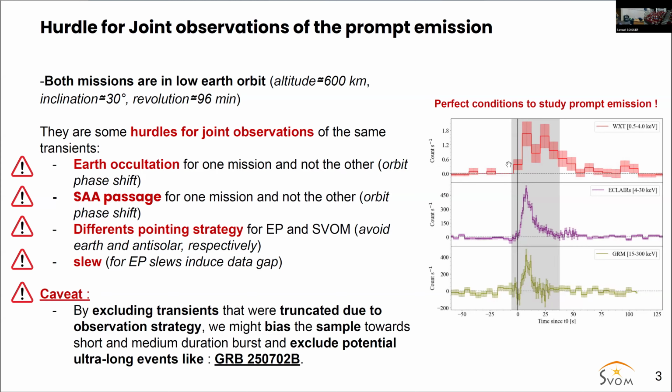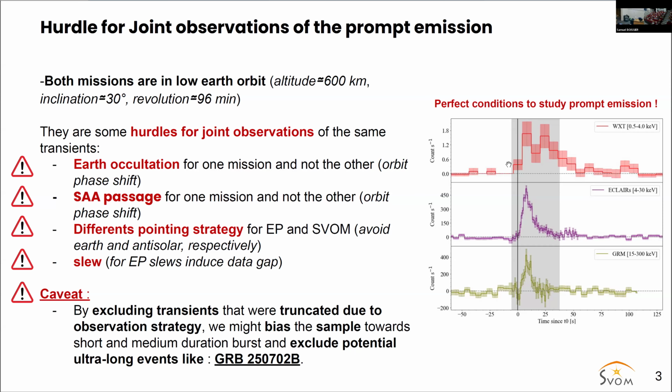And here you have the perfect case of what we want. When we want a transient that is detected by both missions, we want to see the beginning and the end of the emission. We see everything. However, of course, this is the perfect case, but the world is not perfect, and we have some limitations. Even though both missions have the same orbit, as you can see,